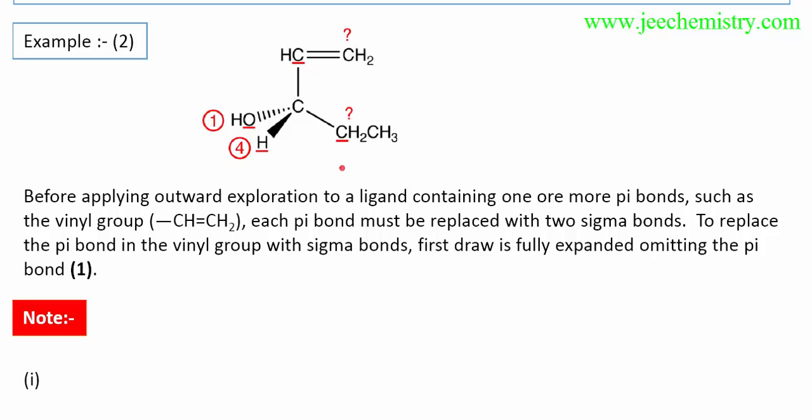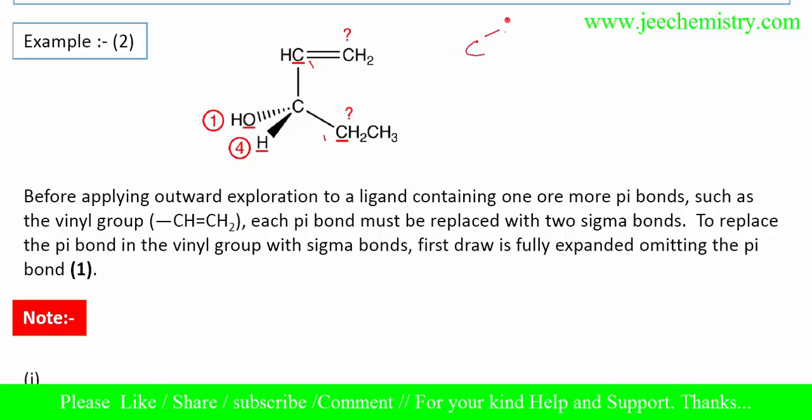Such a type of double bond is present. Here a double bond is present, here is CH2, CH3. Now oxygen has the higher atomic number, so we have to consider this as first. But between these two compounds, which will be higher? In this carbon we have a CH2, this CH, here double bond means 2 carbons are attached, 1 carbon and 1 carbon.